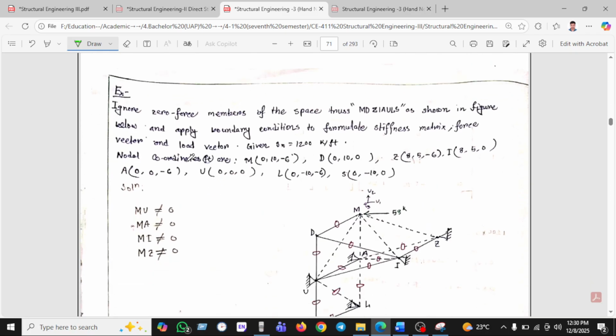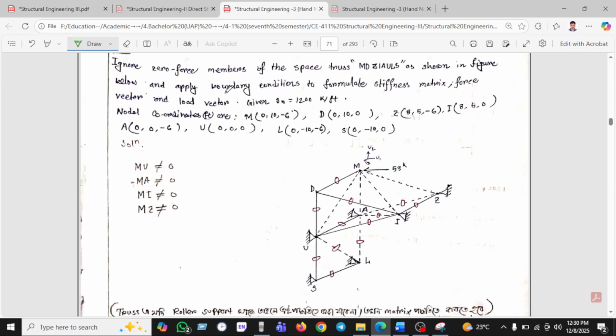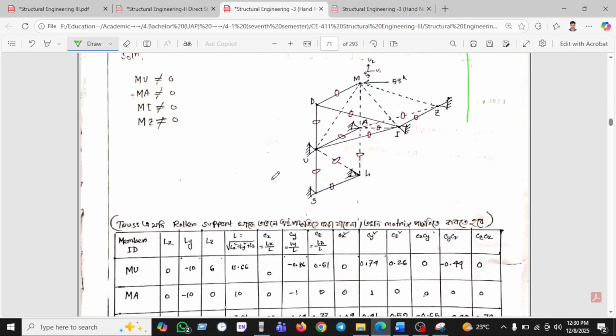Okay, so we can see another one, the ignored zero force member, and the space is shown in the figure below, with the boundary condition, and formulate the stiffness matrix, and the given data is below. For nodal analysis, we can see the nodal coordinates. All the nodal coordinates are given here. So after putting here, which we have seen here,